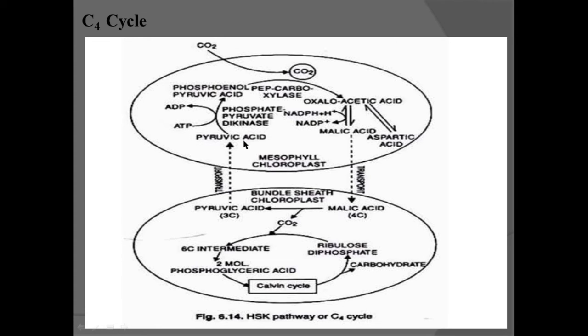now in the mesophyll cell pyruvic acid combines with ATP. Now the ATPs are generated during cyclic and non-cyclic photophosphorylation. Now the ATPs are utilized for the conversion of atmospheric CO2 to carbohydrates during the dark phase. This pyruvic acid combined with ATP, then again phosphoenol pyruvic acid is formed, and now this formed phosphoenol pyruvic acid combines with atmospheric CO2. This is a cyclic process for the formation of carbohydrates.